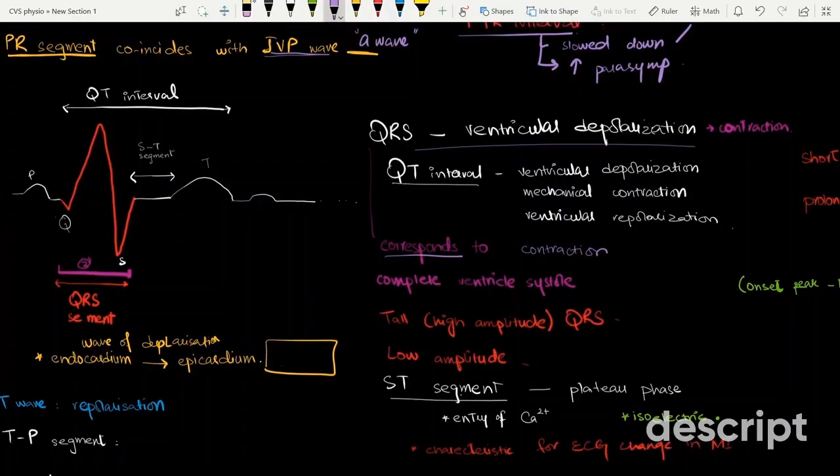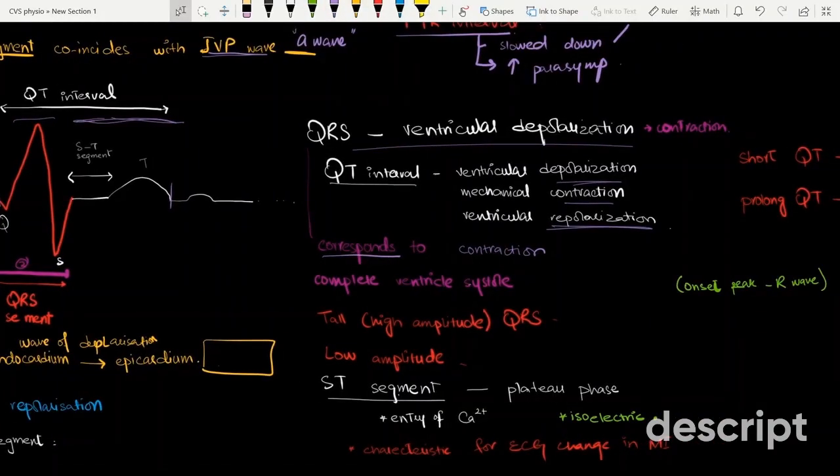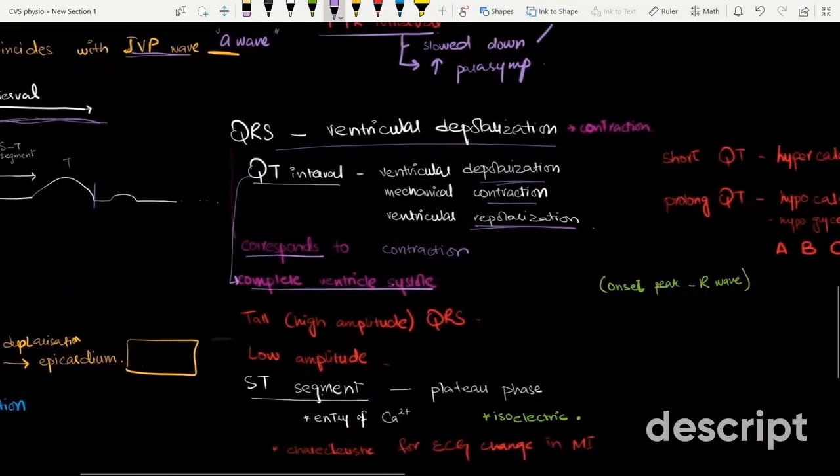Now, the QT interval from the start of Q wave till the end of T wave, it shows the ventricular depolarization, mechanical contraction, and the ventricular repolarization. So, the QT interval is what is actually complete ventricular systole. So, whenever there is a question asking for complete ventricular systole, that will be in QT interval. There's always a question asking what is the wave or a peak which corresponds to ventricular systole, that will be